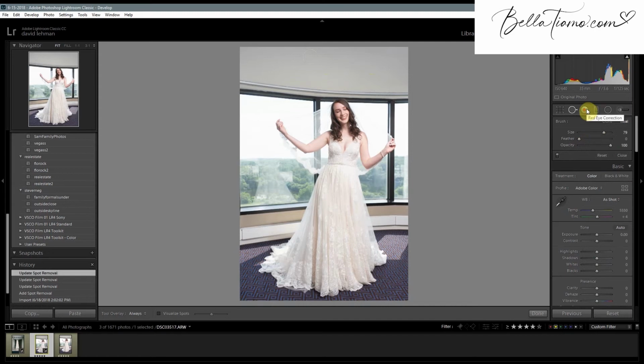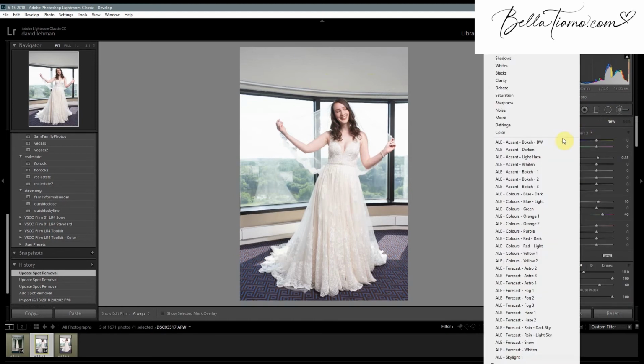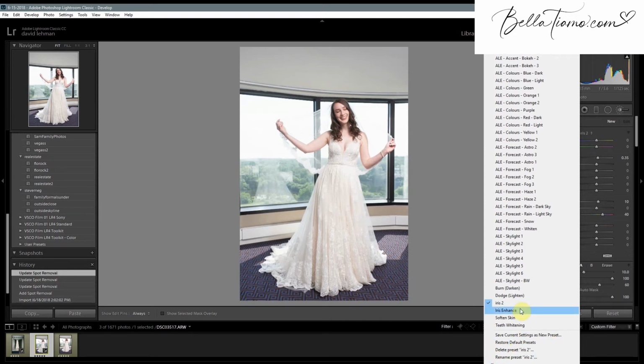Another thing that we might do when we highlight the image yellow would be any kind of touch-up to the person or the image itself. There's basically 3 main items that we use down here at the bottom, and those would be iris enhance, soften skin, and teeth whitening. So this one we can't see our eyes, so we won't need to do any of that. But with the soften skin,